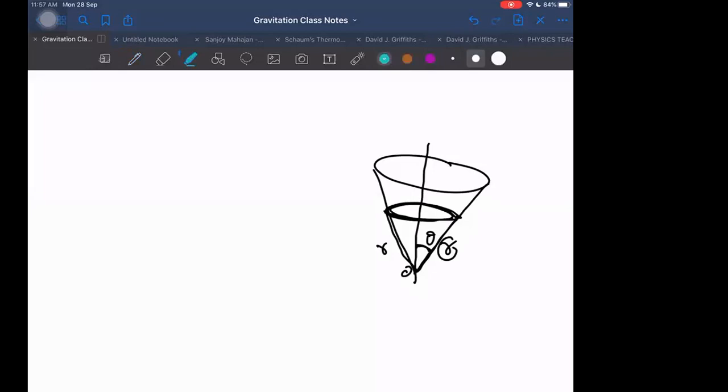Yes, sir. Then I will be moving along the surface of a cone in a circular path. In that case, when I'm moving in a circular path on this, the top view will be something like this. There will be a circular path traced by me, and this is the reference line. From the reference line, I have already covered some angle phi.